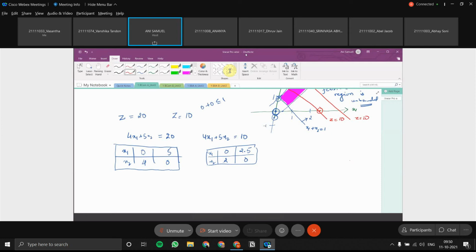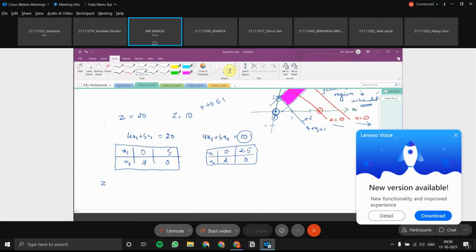So what I was saying is, in such cases, I'll write the sentence here. As you can see, you have to maximize, no? As we increase, see, 10 was the smaller one, and z equal to 20 keeps going above, and z is increasing since we have to take the maximum one. The z increasing direction, or maximizing direction, always